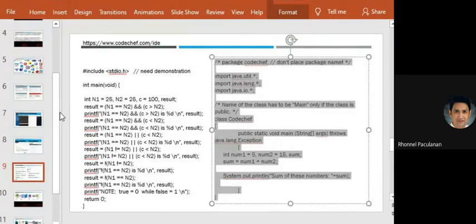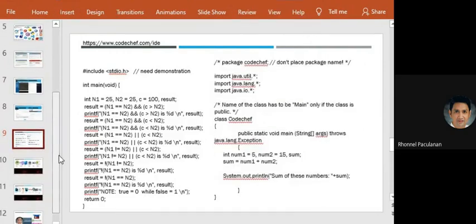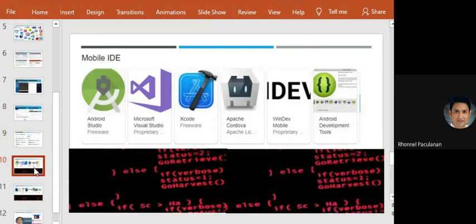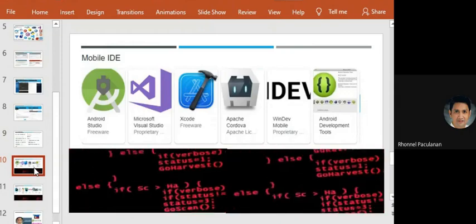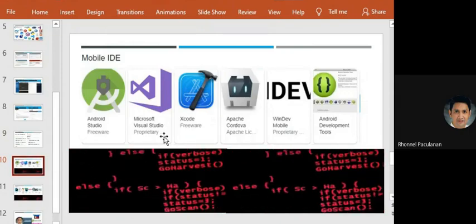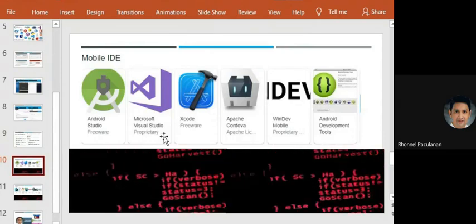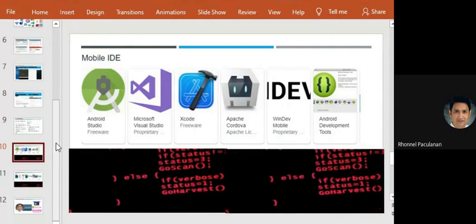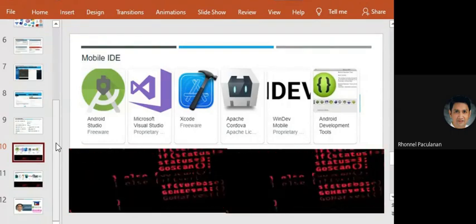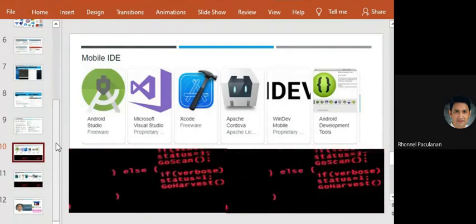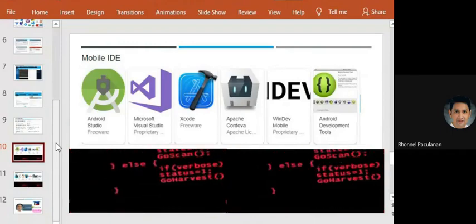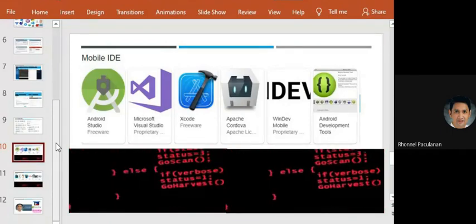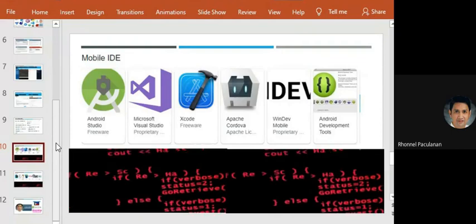So you can see that there is another way instead of using online. We can also install some of the IDEs using mobile, and with this, we may run the system. Through this, we may discuss programming languages well instead of installing them. So this is a new norm of discussing programming languages.